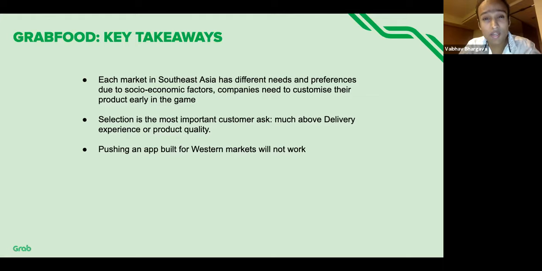Before we launch, we do some dipstick tests. After we launch, we launch with A/B experiments. But I think there might be a hidden question there of how do you prioritize between needs of different markets? And for that, this is nothing to do with Grab. This is something I would say in general. I think you need to first prioritize on the goals and the targets that you have with respect to each